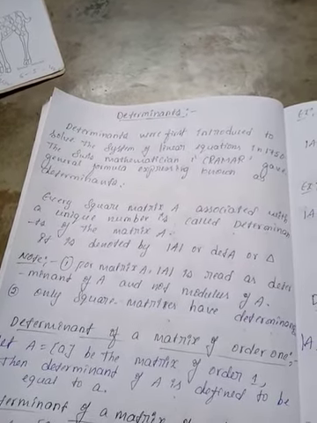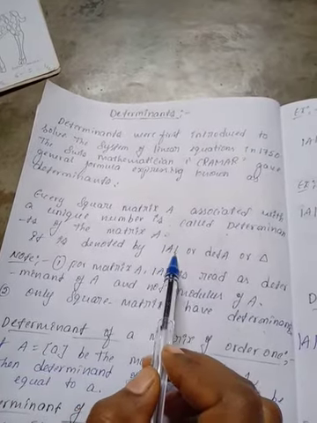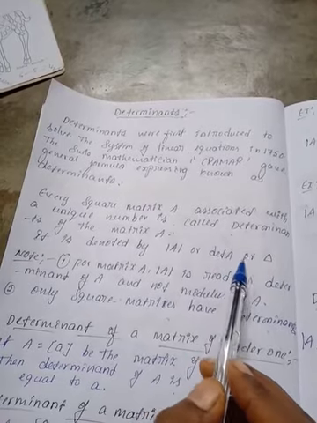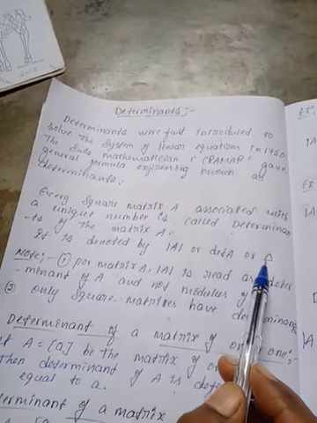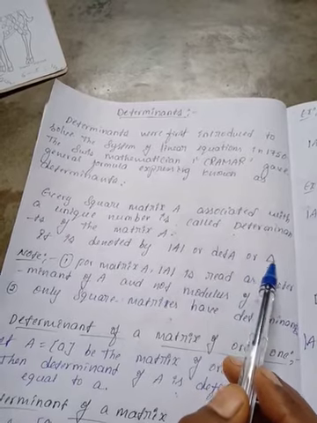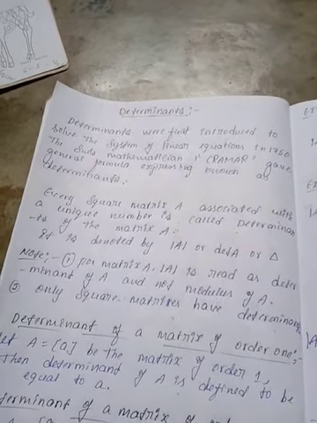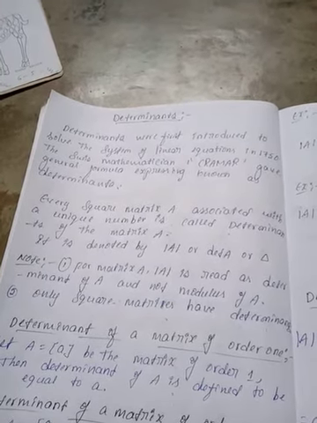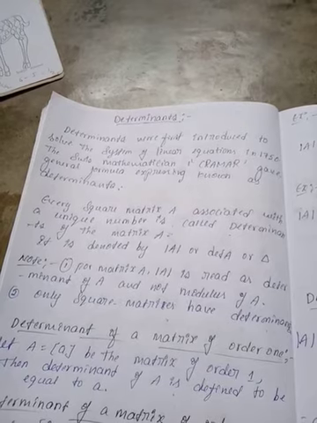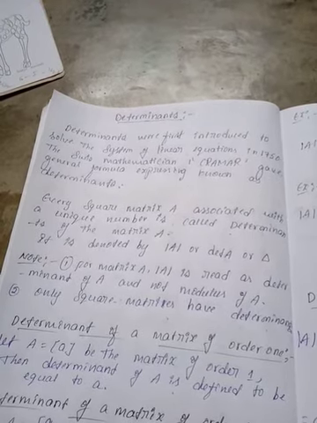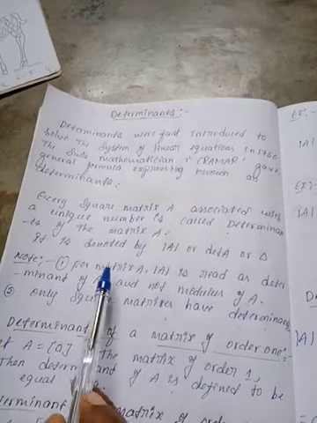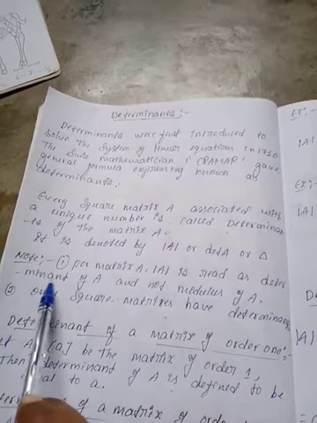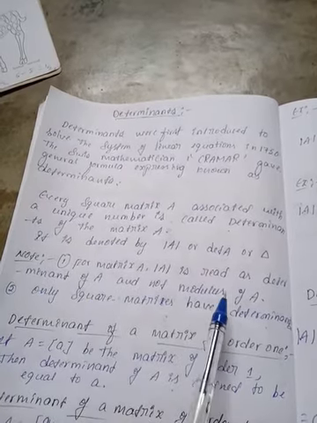It is denoted by a symbol like this. Determinant of A is denoted like this, with bars, or determinant of A, or delta. This delta also represents the determinant of a given matrix. Observe carefully, determinants should always be of a square matrix, rows and columns must be equal. One note point here: for a matrix A, the determinant of A is read as determinant of A and not modulus of A.